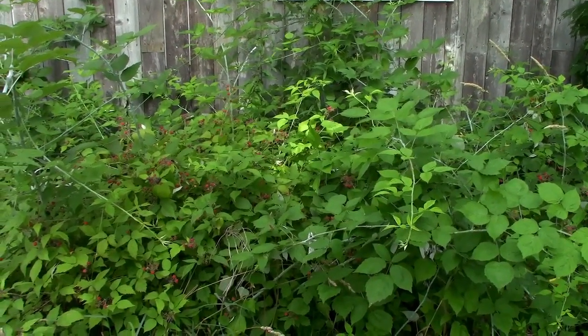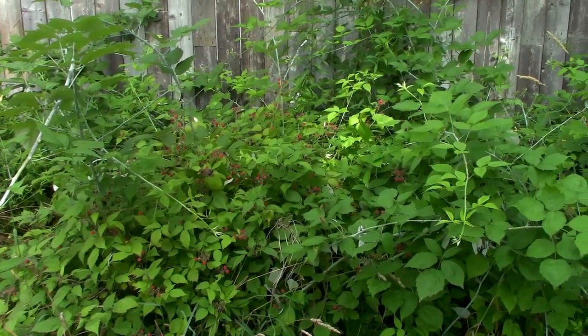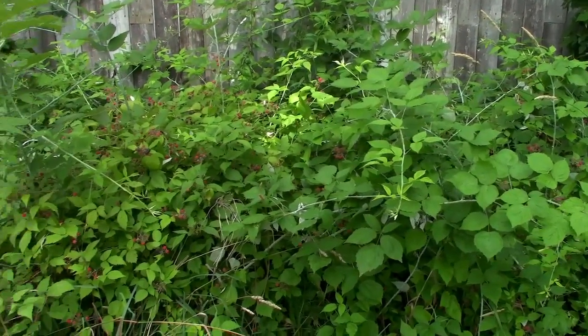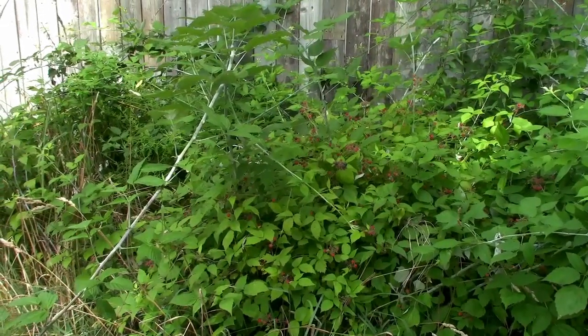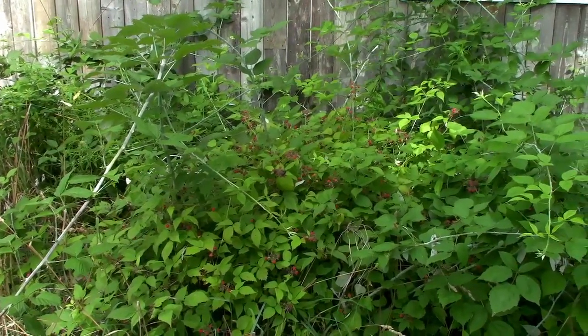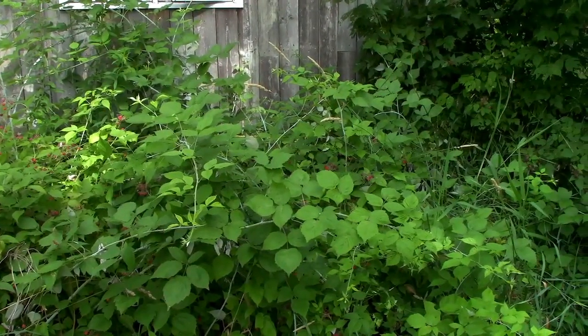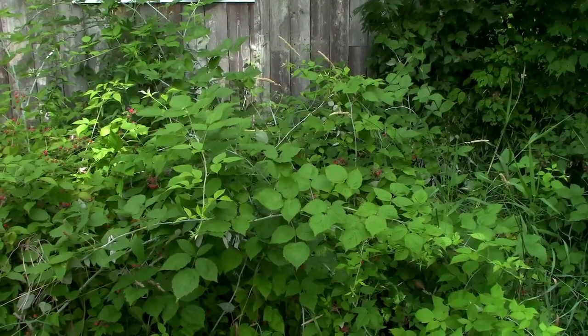And what's interesting about that is you can propagate the wild plants. And like I say, if you bring them into the garden and tend them, feed them, that sort of thing, they will, as you can see in these bushes behind me, they'll grow into monsters. And if they grow into monsters, then you're going to get a lot of berries. So this patch was actually present here in this location when we moved to this property. And we are getting to the point that this fall or late this summer, we are going to have to propagate this a little bit, clone it. And we're seriously considering moving some of the canes to a new location